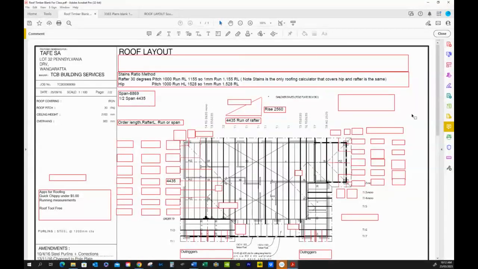And so you could use a roofing app. There are a lot of those that are really handy. And there's two ways that we could do this. We could use cosine and stuff like that. But ultimately, let's see what our rafter length is. And it is 5 meters